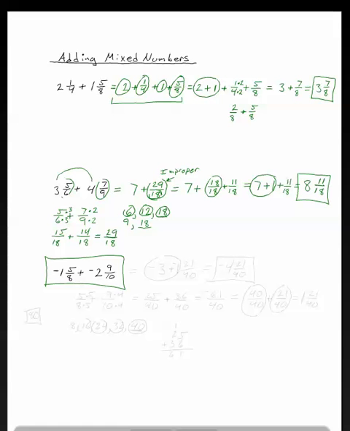So really what we're going to do is we're going to add the magnitudes of these two numbers, and then we're going to keep the common sign. So we really have negative 1 plus negative 2 is negative 3. And now we want to add these fractions. So we've got 5/8 plus